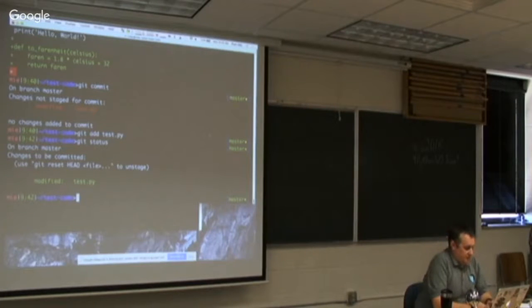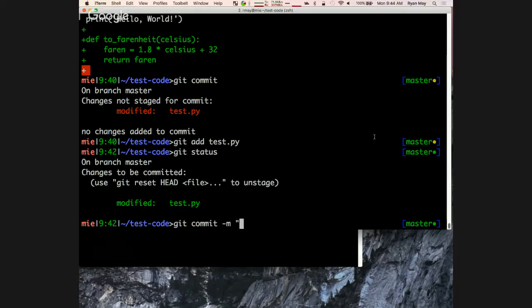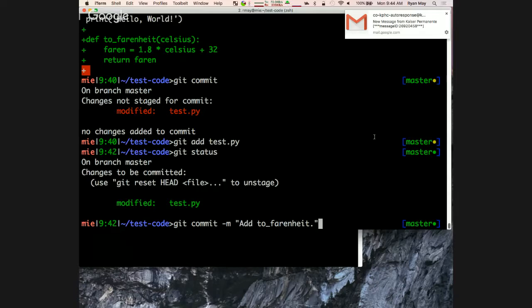All right, so we've modified test.py again. So we'll git commit -m. And if for some reason we wanted that, we were talking earlier about the longer commit messages, I can do something like this, -m add to Fahrenheit, -m for another message here, and basically put them in separate paragraphs. So I can say add to Fahrenheit.